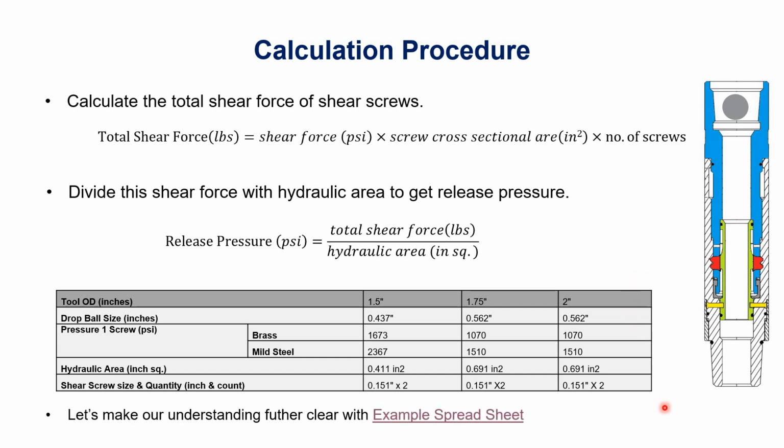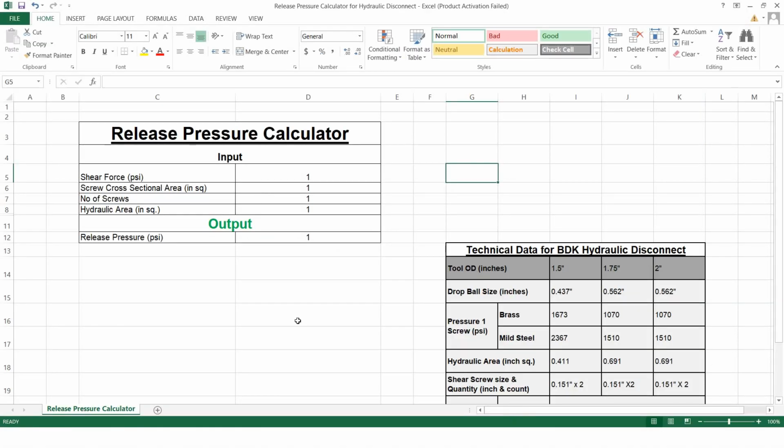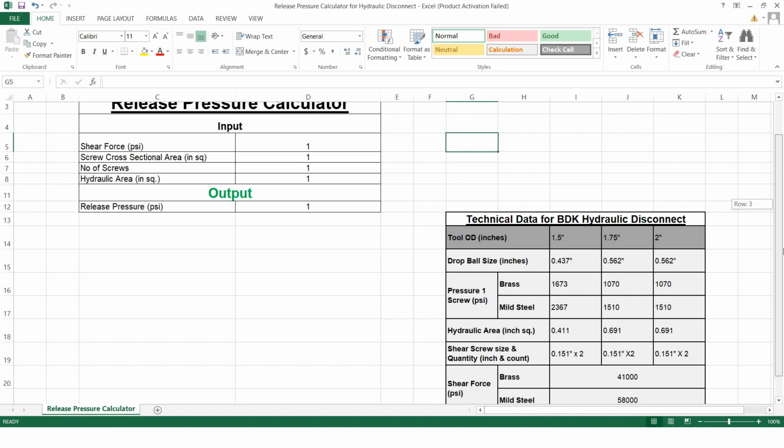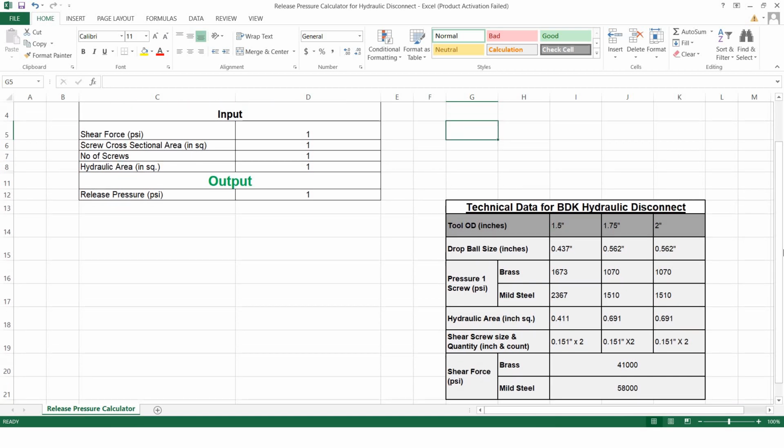Now we'll see this calculation with the help of an example spreadsheet. Here in this sheet we have incorporated the above discussed formulae. So now we'll calculate and see. The first input parameter is shear force. Shear force depends upon the material of the shear screws. Normally two types of material are being used.